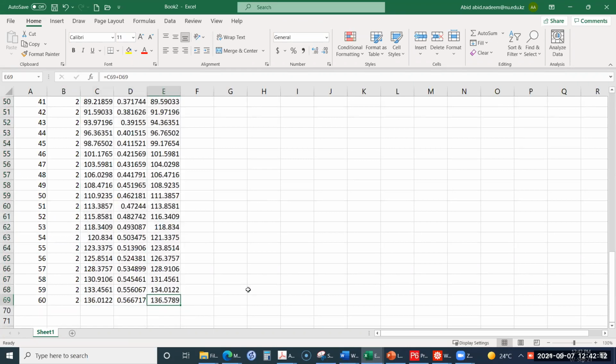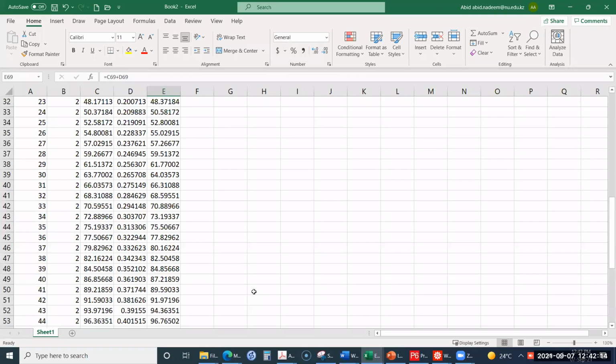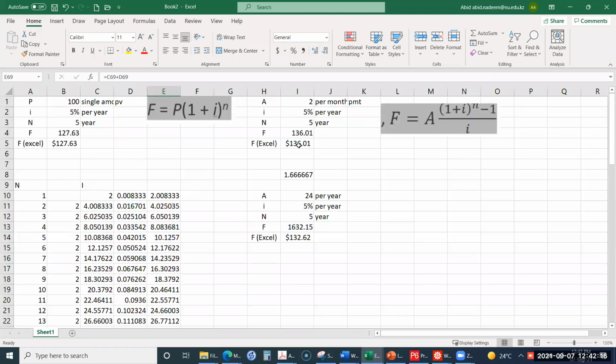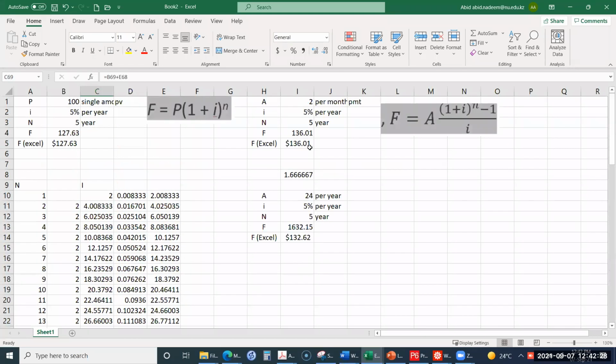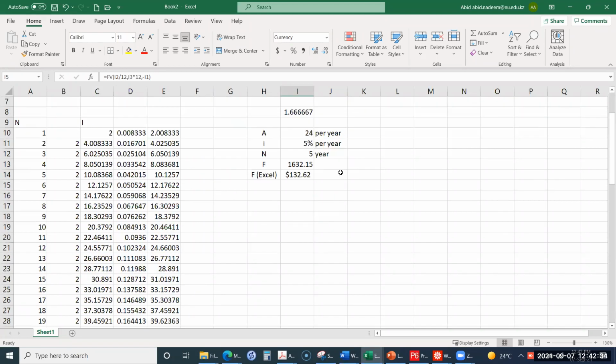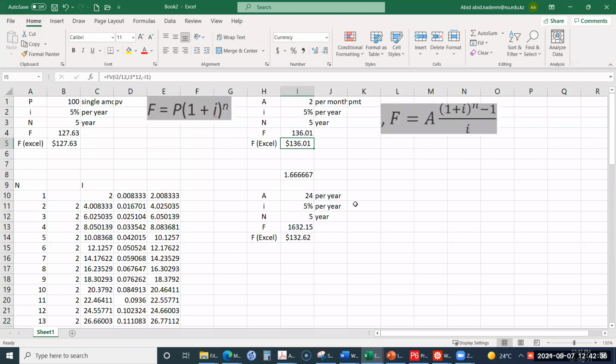So at the end, you will accumulate 136.01. Okay, 136.01 amount over here, because this will be the amount at the end of 136.01 amount. So which is the same which we have calculated. On the other hand, if you will do for this case,